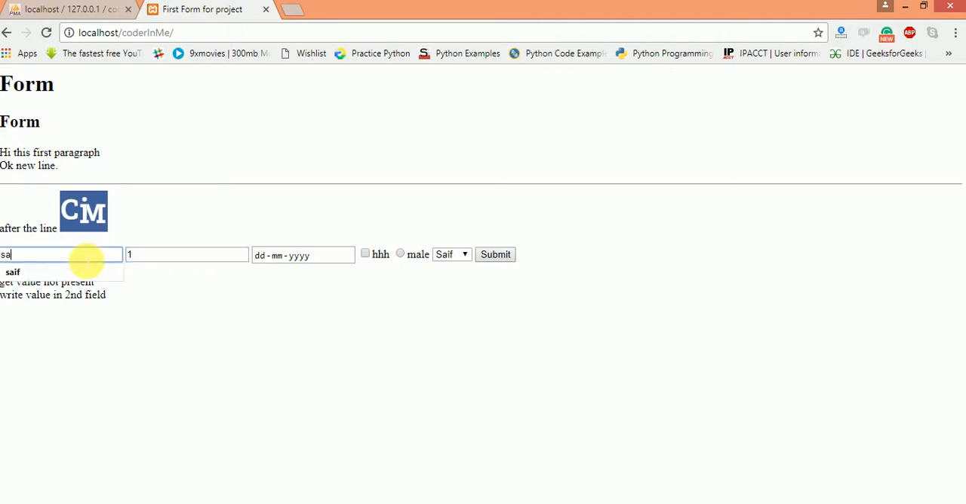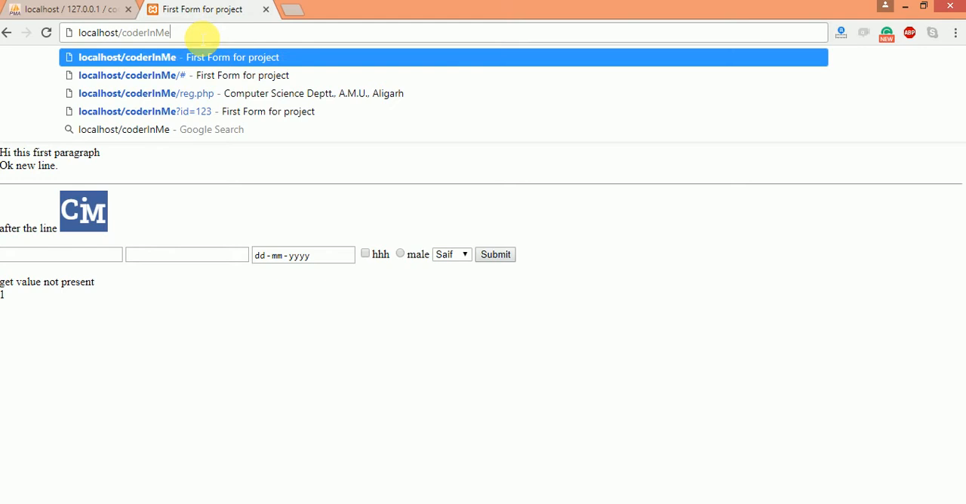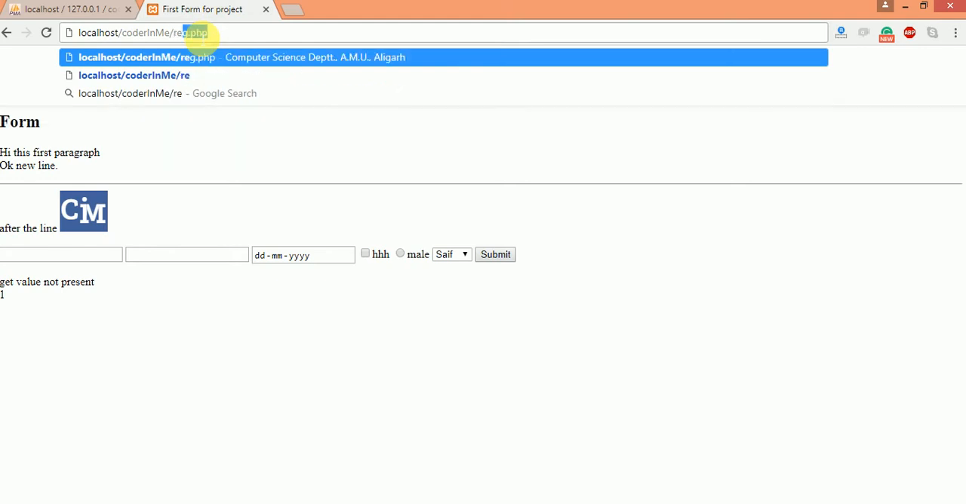I have done this half also. You may remember, I guess, that I also wrote one thing, that get value not present and the value is one, like that. And I have also used that page. So this was the page index1.php. Now today I will talk about this page, that is reg.php, and in that page